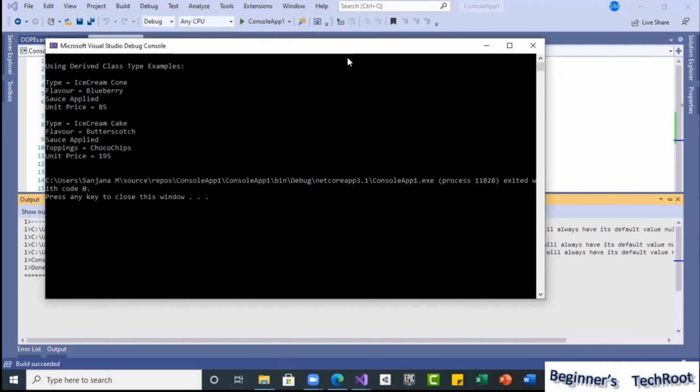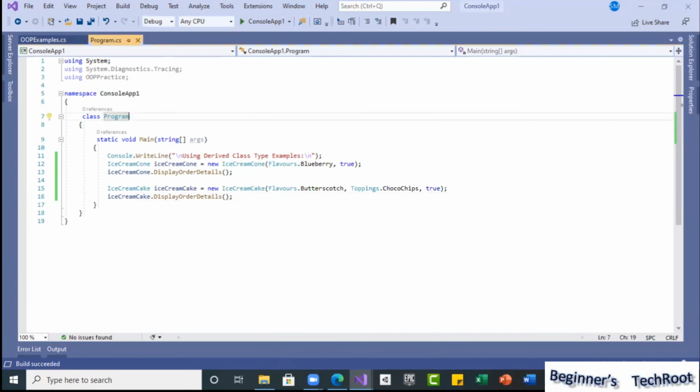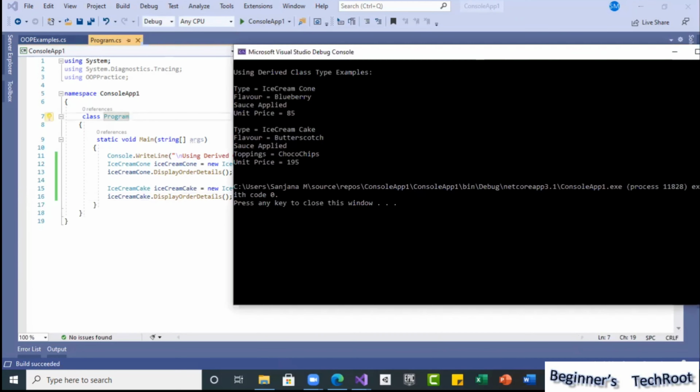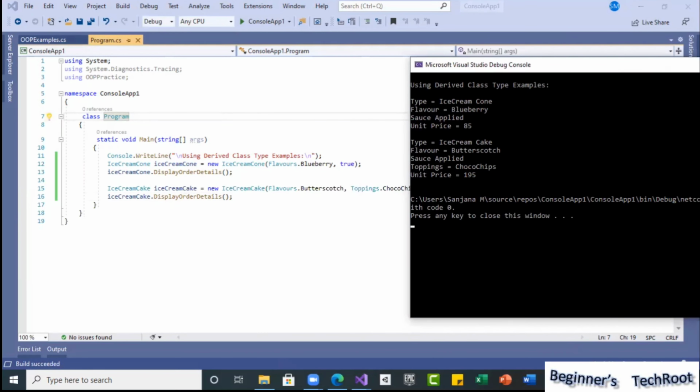See now the result. Using derived class type examples, type ice cream cone. The first object we created is of type ice cream cone, flavor is blueberry, sauce applied, unit price 85.